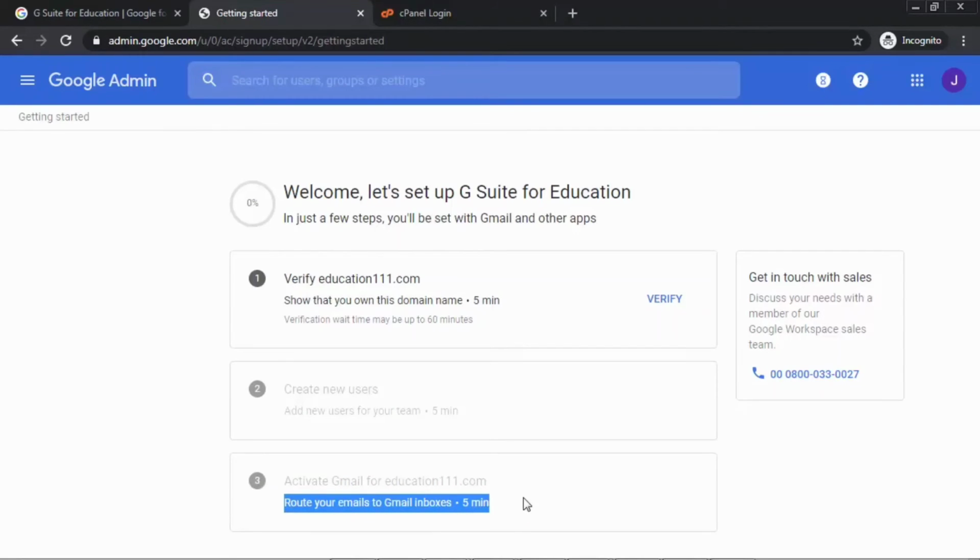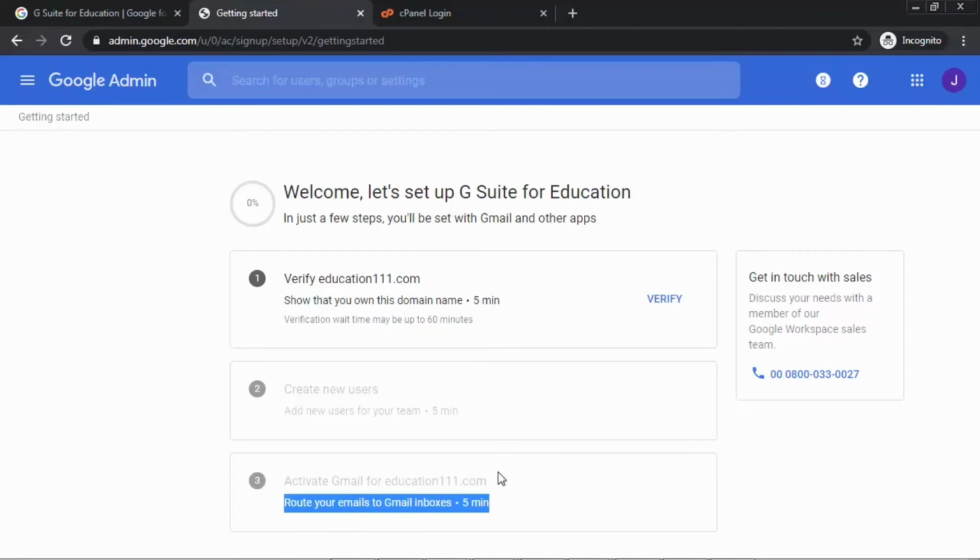For that, you have to add some MX records in your domain name. And if you are having any problem with doing so, you can call this number, and they are going to give you great help for adding your G Suite, so that you can activate your Gmail.